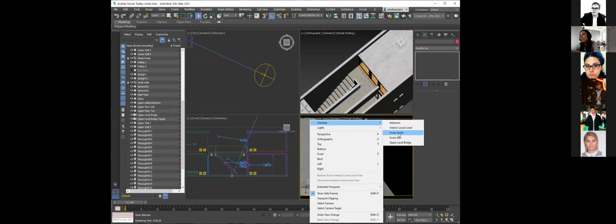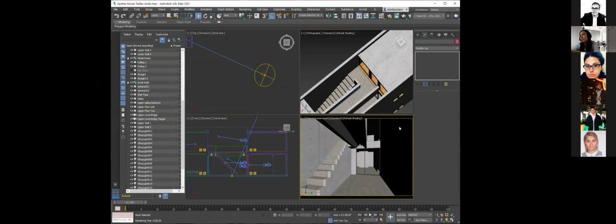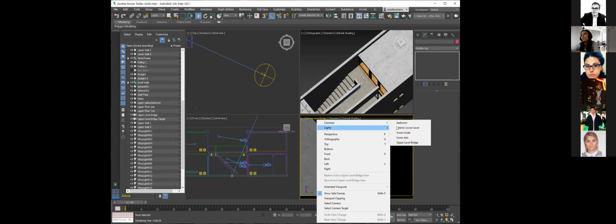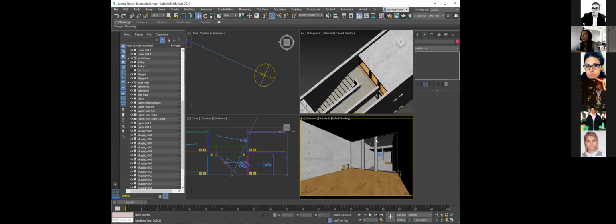One second, bedroom in lower inside, lower stairs. I'm looking for the upper view. There's one more. Bedroom, yes. So let me run this one here. So especially like this view here,